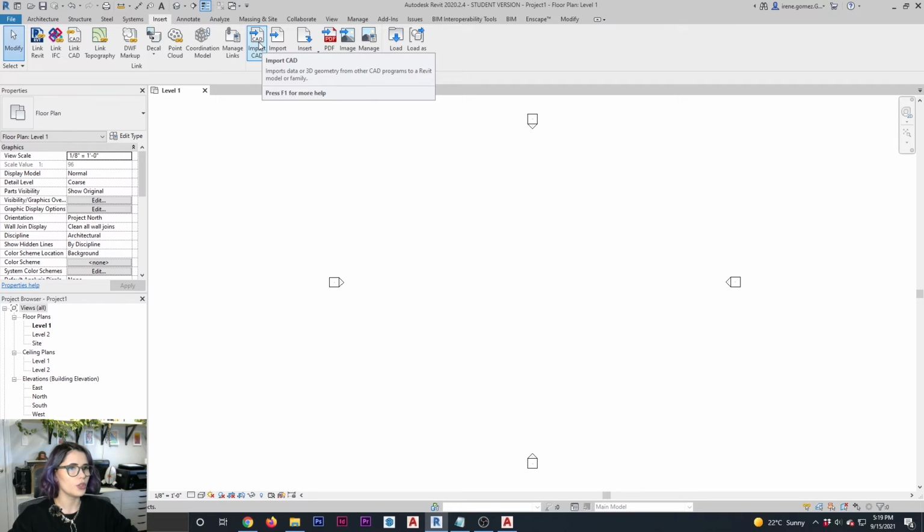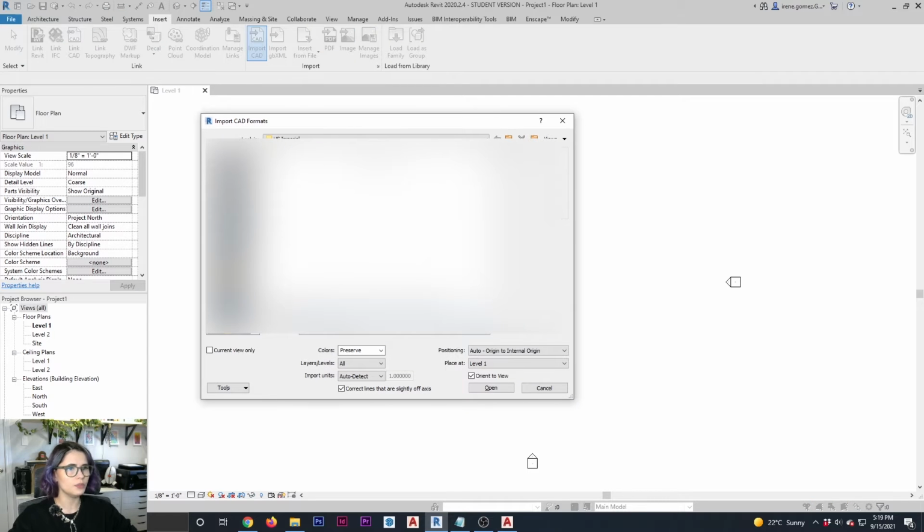So all you have to do is click Import CAD. That's going to open your PC browser, so I am going to find my file. Here it is. And now here's the important thing. Because Autodesk is the maker of both AutoCAD and Revit, these two programs, although very different, are designed to basically understand each other.